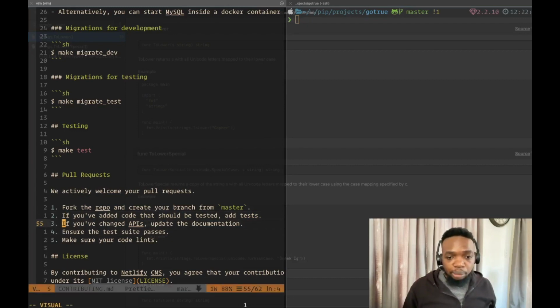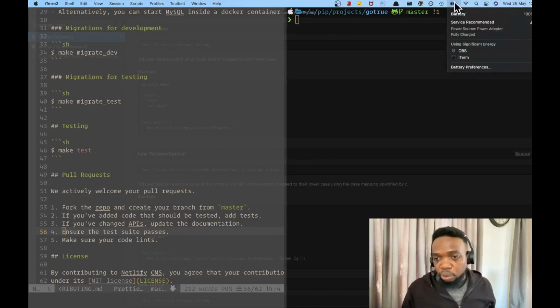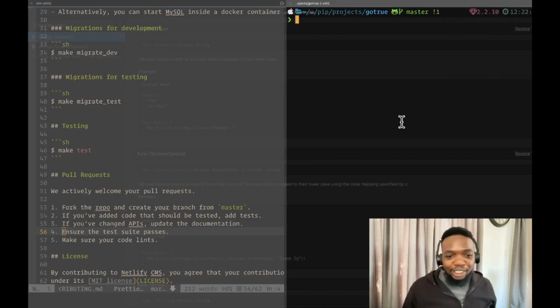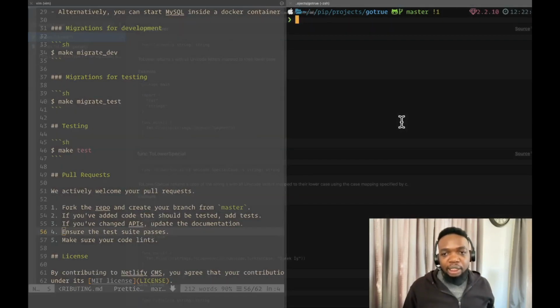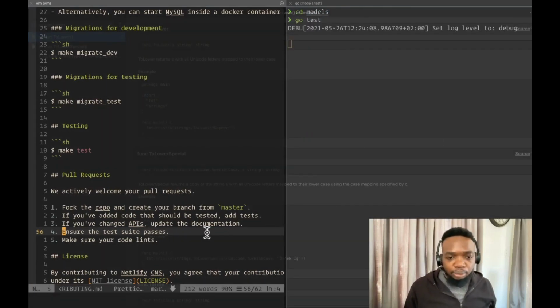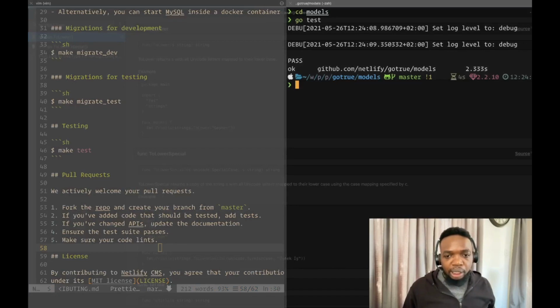And I didn't change any APIs, but it does say, if you change APIs, update the documentation. Ensure the test suite passes. Now here, like I said earlier, I didn't run the Docker container because of this issue right here. But yeah, test suite at least ran the unit tests over here, right? And that passes. And make sure your code lints. Now this over here, this would apply if I had created a new function over here. So